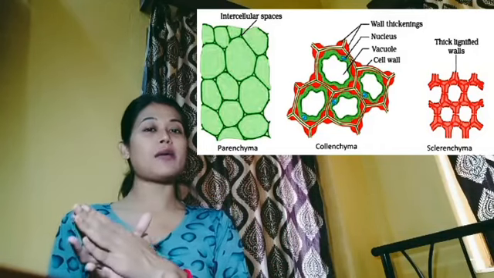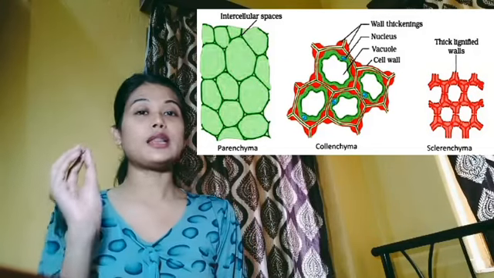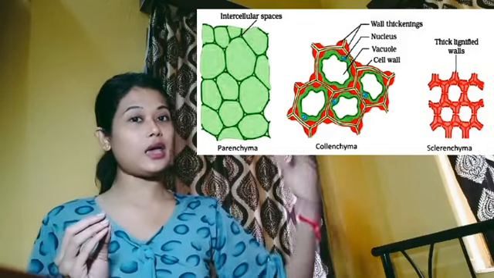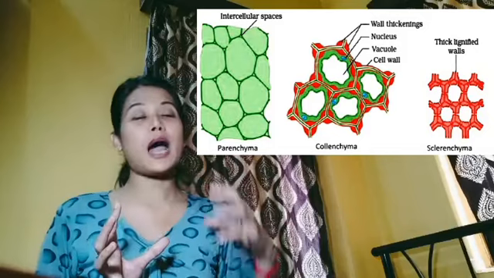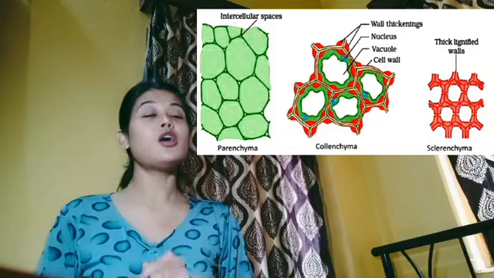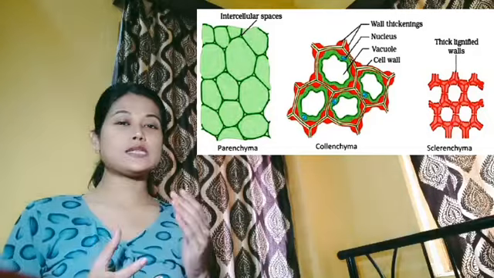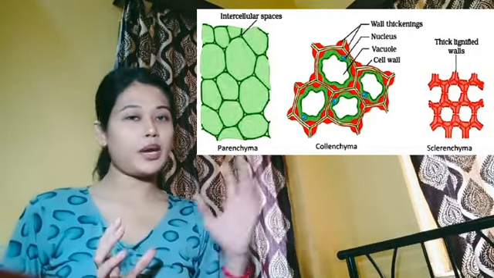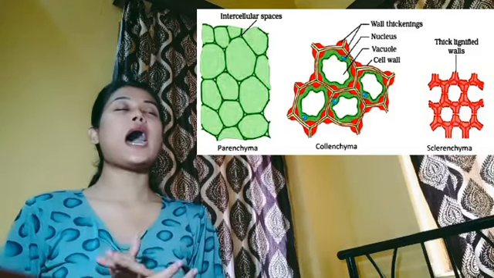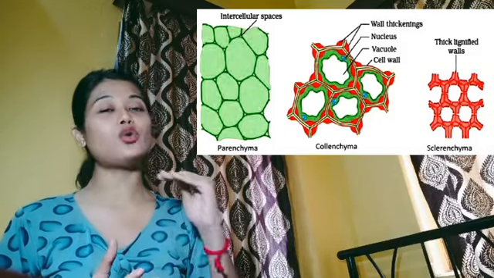From the term chlorenchyma, you can understand that it is related to chlora, meaning it contains chlorophyll. That means it is responsible for photosynthesis. And aerenchyma means related to air, meaning the air spaces help the plants to be buoyant, that is, they make the plants light. Parenchyma tissues are responsible for making the lotus lighter so that it can float on water. Now the next one is the collenchyma. Collenchyma tissues are also made up of living cells, and this tissue is found in the stalks of the leaves, and it provides flexibility to the leaves and the stems so that they can bend without breaking.